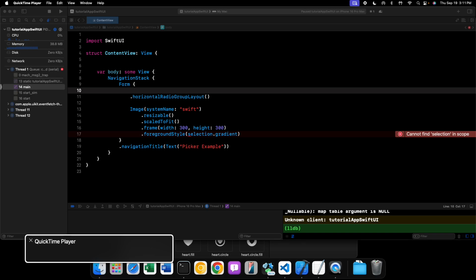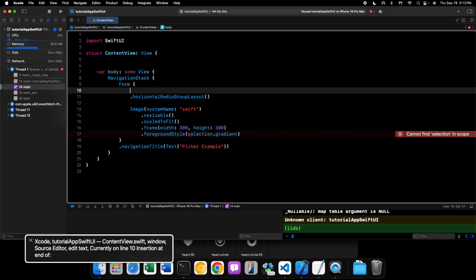Now, what is a DatePicker? Well, a DatePicker is exactly what it sounds like. It is a view that allows you to select a date. However, it doesn't just allow you to select a date, it also can be configured to allow you to select a time instead. All right, so let's go ahead and inside of Xcode, what we're going to do